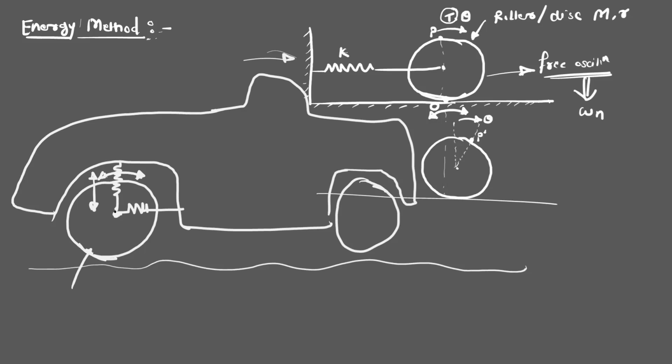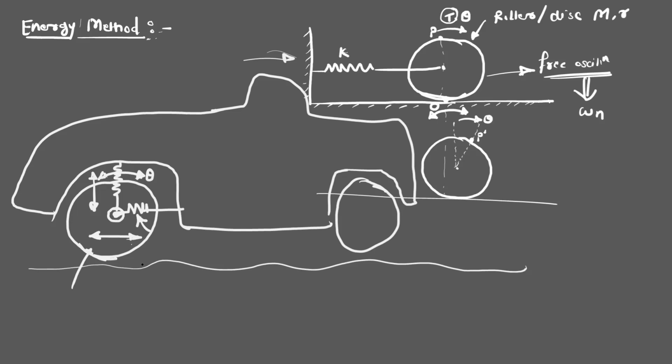So there is a possibility of such type of vibration, because as this wheel is not fixed about this point, it has the tendency to roll, as it is a pivoted point, because this is the axle. The axle is the pivot point or a hinge point, so it can roll. And if you allow this system to oscillate, then we should provide this spring, so we can get this horizontal oscillation. At the same time it will have the rolling motion.